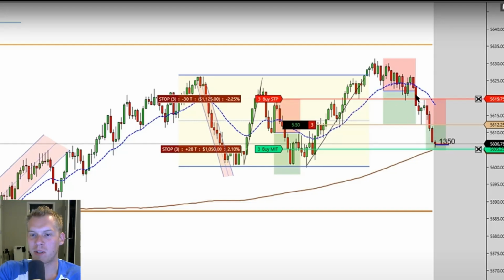I think this trap is better than this trap, and that's because of where it is relative to the trading range. This one's higher up in the range, and this one's lower. So if I was going to take one trade out of these two, I would prefer this higher trade here.